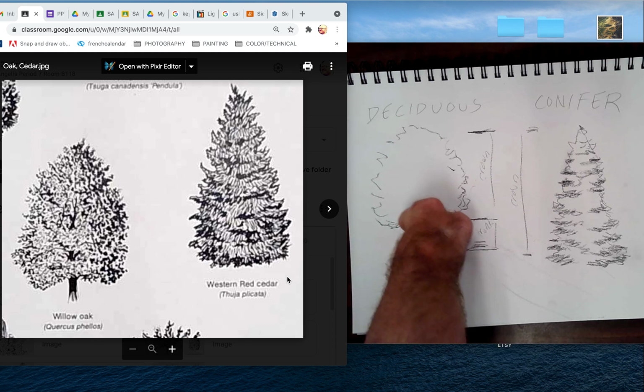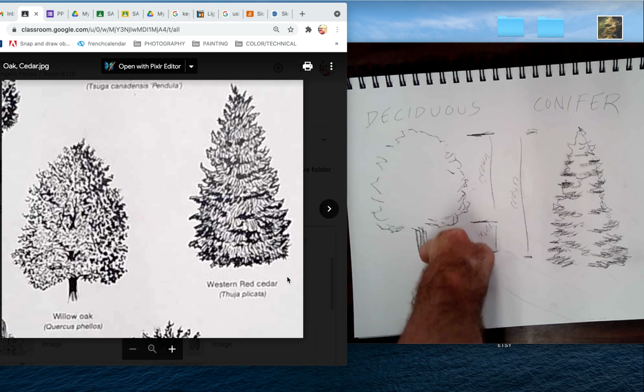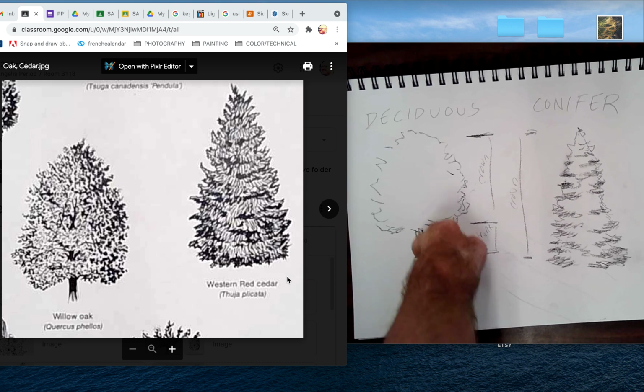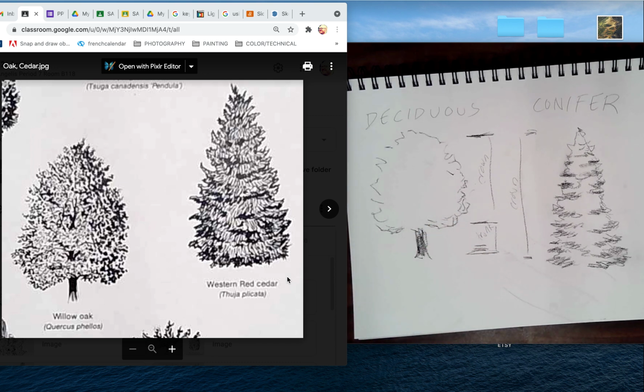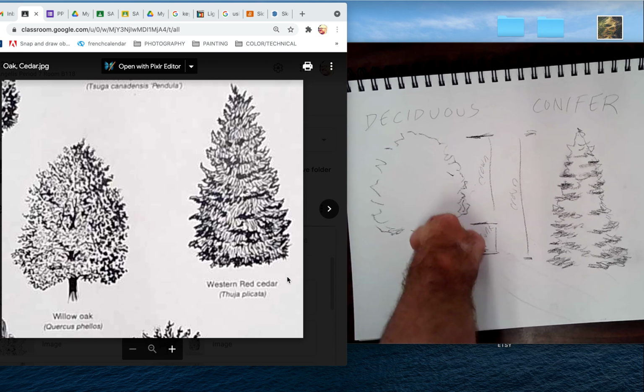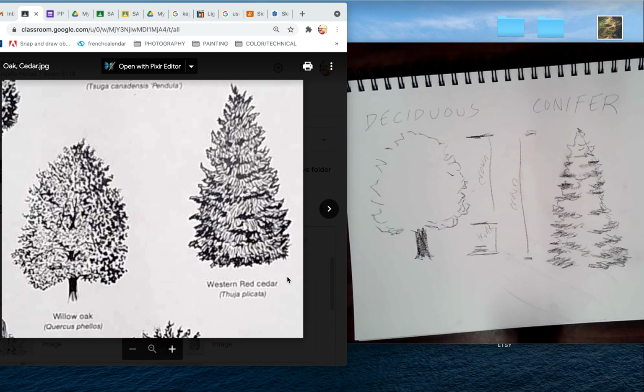And then the trunk is just a little kind of stump like that. Make sure that you flange it out at the bottom here so that it starts to suggest where the roots go. And obviously every tree and every image is going to look a little different, and you have to be specific